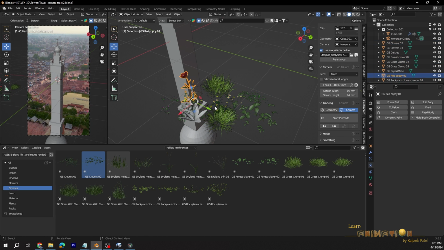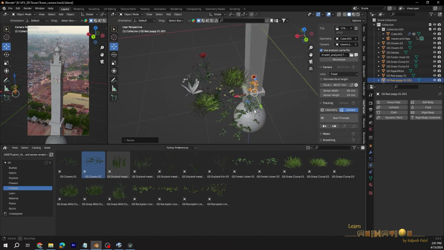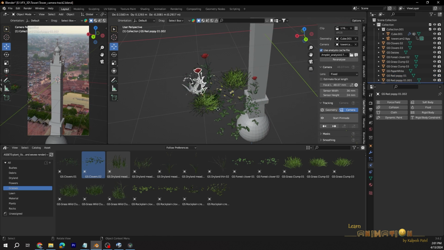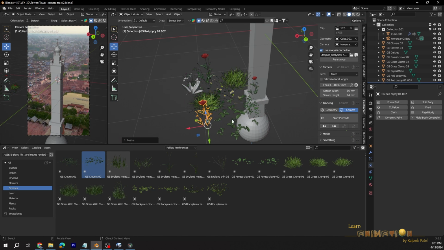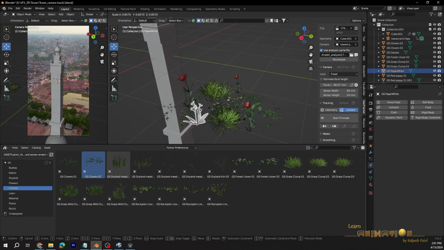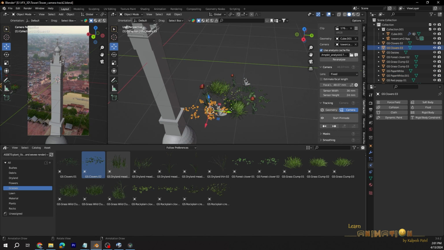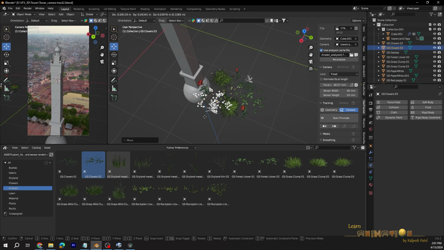If you need more flowers, you can just duplicate this and reduce the size or do some size variation. So I think these are enough for now.